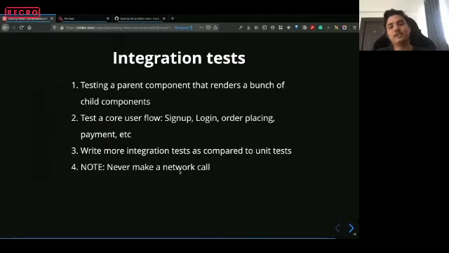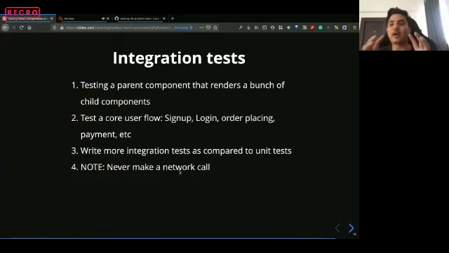And finally, let's talk about writing integration test cases. So what are integration test cases in the context of React components? The simplest way of defining an integration test case is any test case that follows two principles.